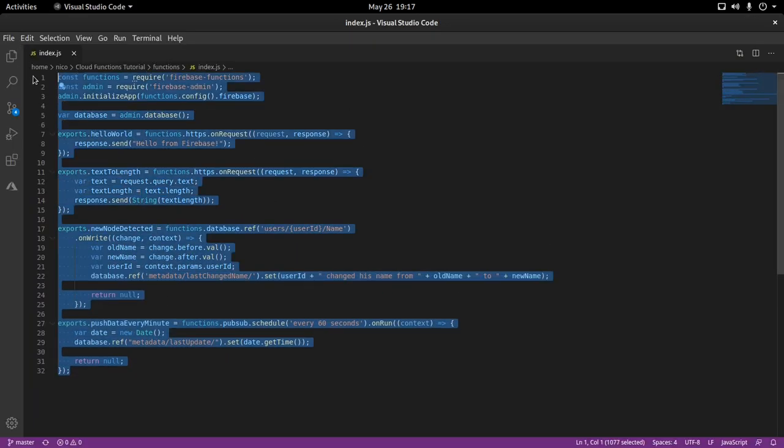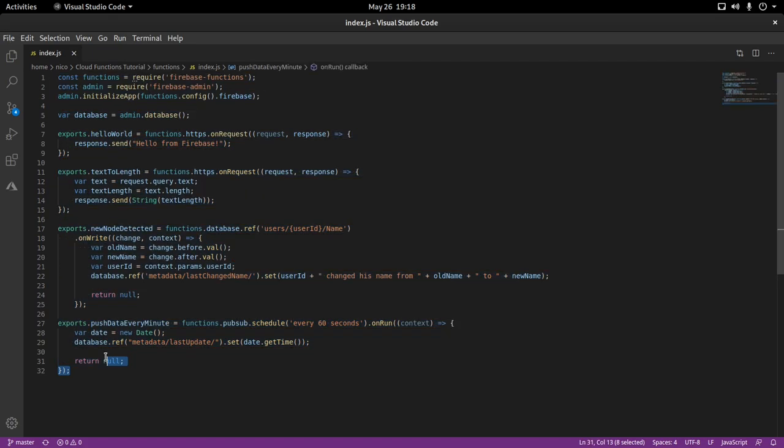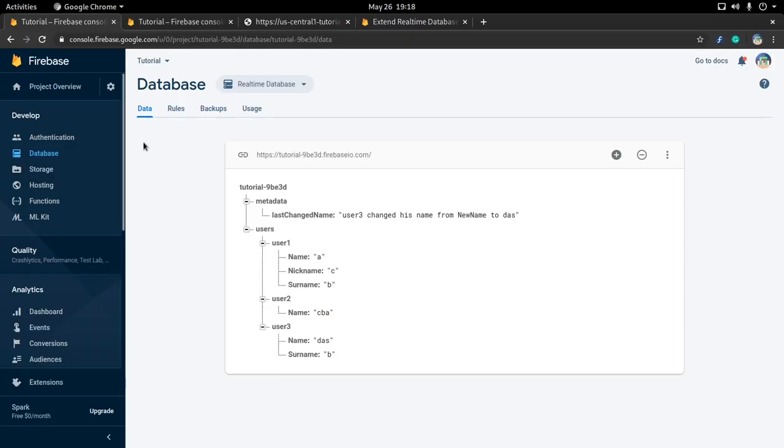So I'm going to transfer these functions to a project which is on the Blaze Firebase plan. I'll be back in just a moment. Okay, I've done that, but one thing to note while the functions are deploying,